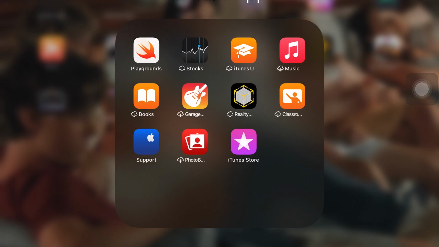Playground, I'm actually stuck at level 1. I couldn't code above level 2, so I just stopped and offloaded it. Stocks, I don't use Stocks. iTunes, I think Apple has discontinued iTunes, so it's useless now. Books, GarageBand, it takes up a lot of storage. I use GarageBand on my MacBook because I feel like it's easier to use and has more features than